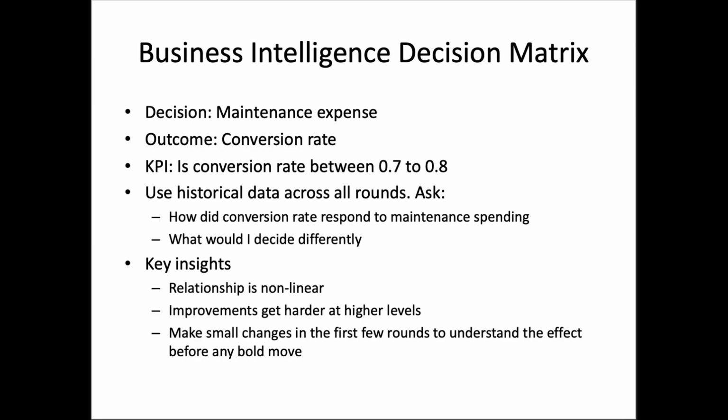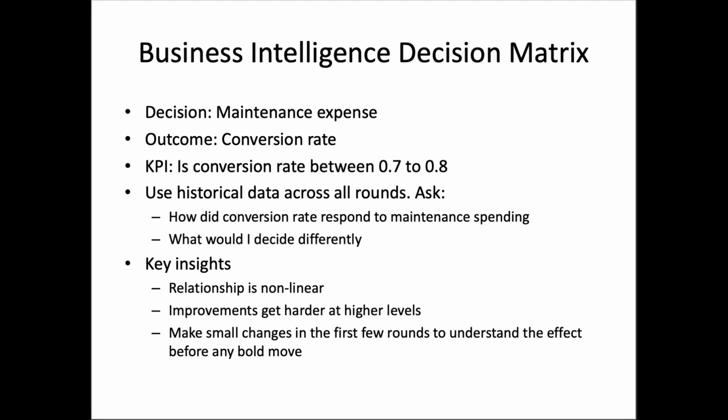The decision column is maintenance expense. The outcome column is the conversion rate attained in the same period. The KPI column is a yes or no, whether the conversion rate in the period is within the 0.7 to 0.8